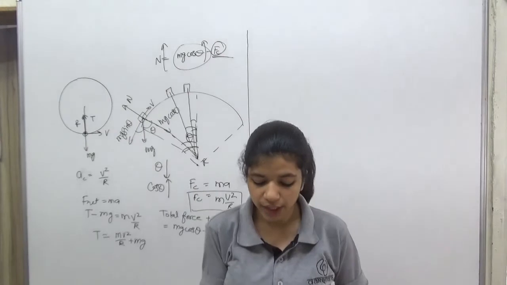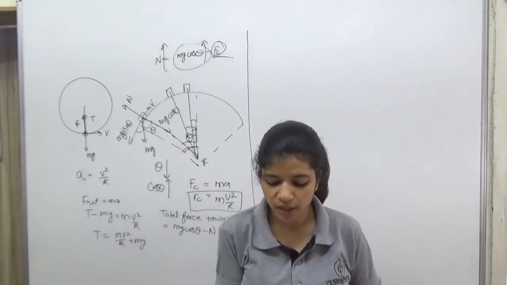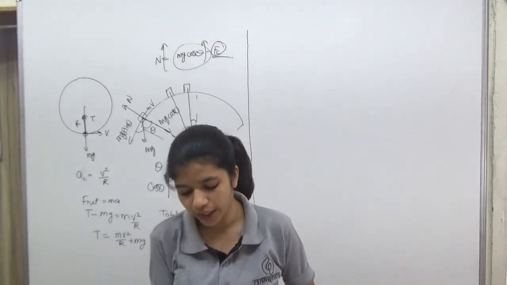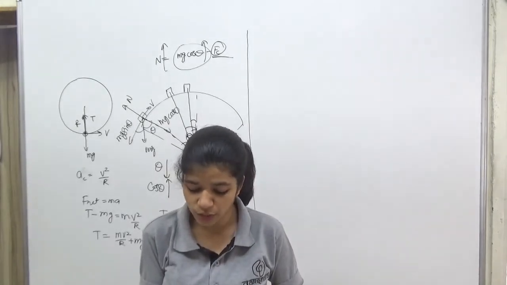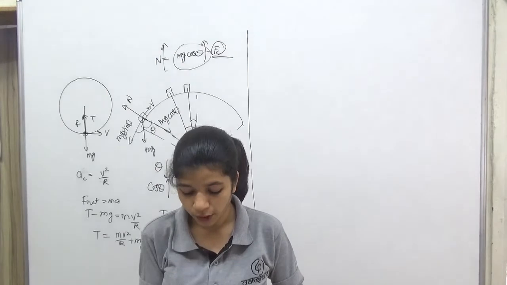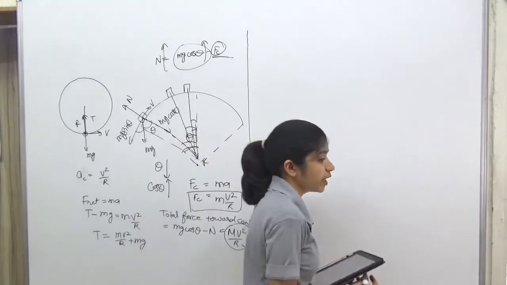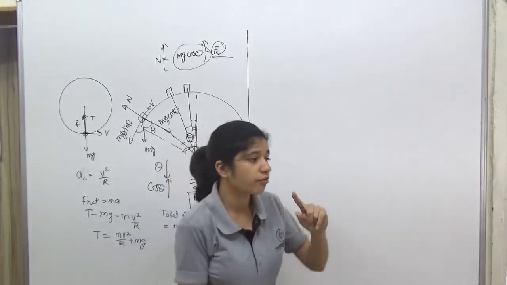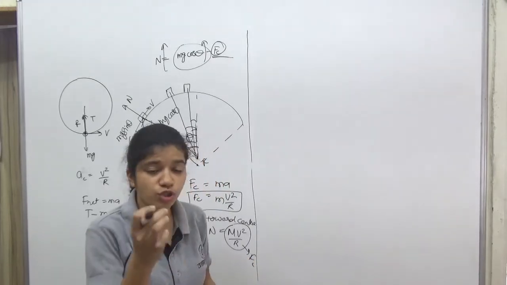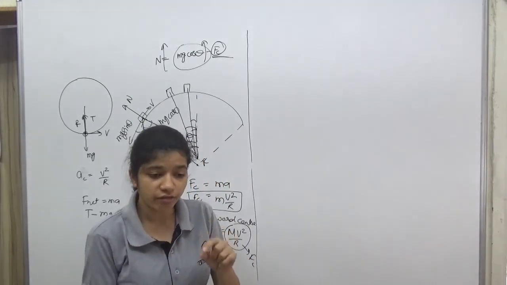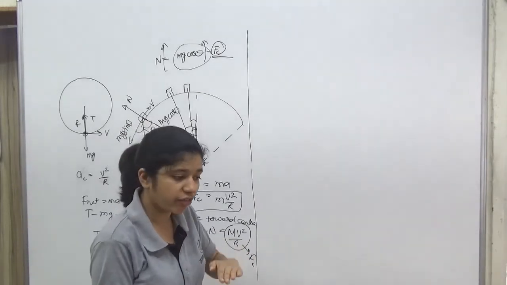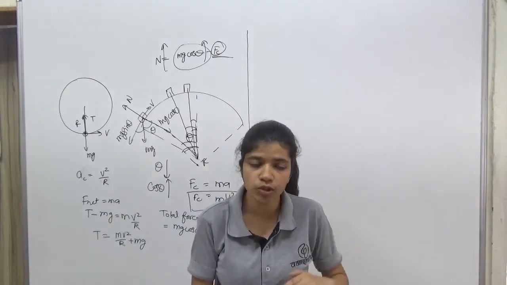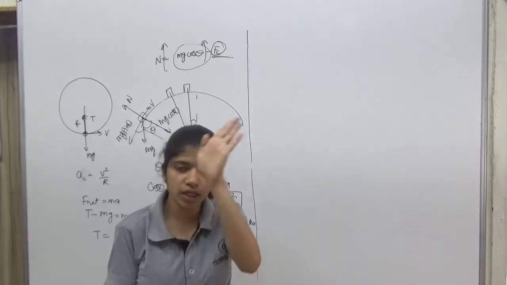Question number E3. In a circus, stuntman rides a motorbike in a circular track of radius r in the vertical plane. The minimum speed at highest point of track will be. So minimum speed. So we have calculated this. We have done this with the help of a stone. We had taken one question in which we had provided some velocity at the bottommost point, and we had calculated what should be the minimum velocity at the bottommost point so that it completes the circle.